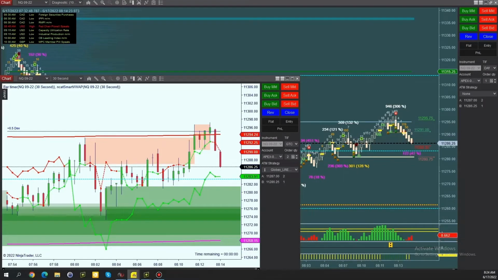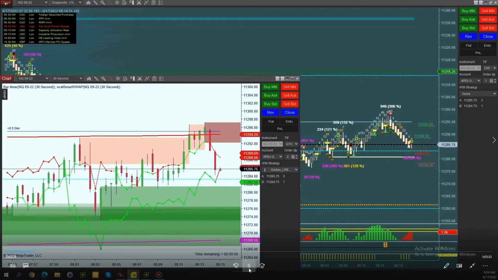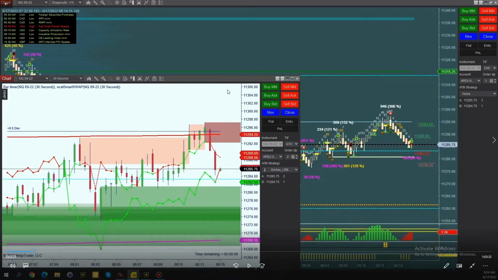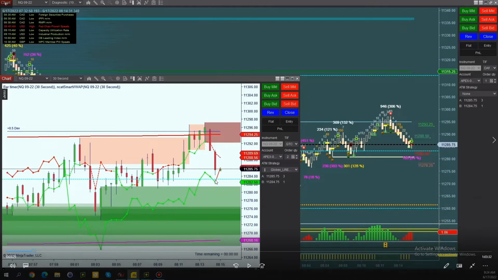Pulling back. Technically speaking, this could be an LRE at the wall, but I personally don't like to take LREs that are behind the original simplicity entry. And what I mean by that is if I went off of this as an entry, then I'd want my LRE to be somewhere up here, right? To show me that it's in a trend, pull back. Not hit here, pull all the way back down and get in. Sometimes those work. It's a valid trade.